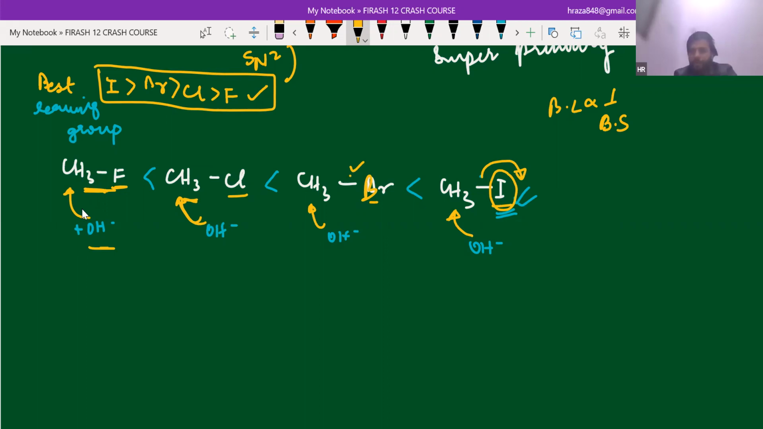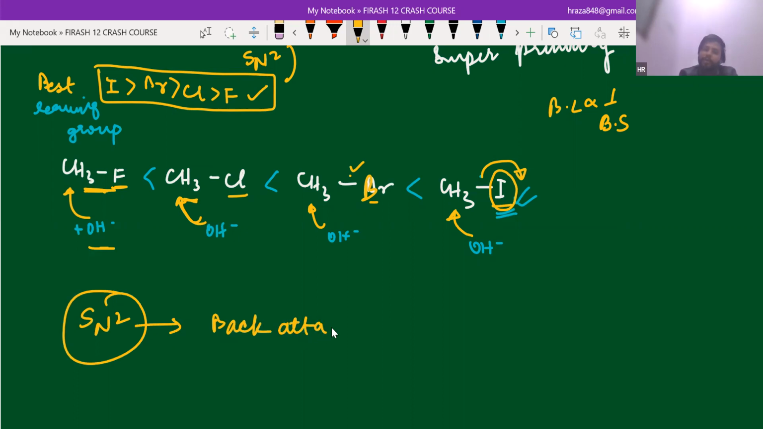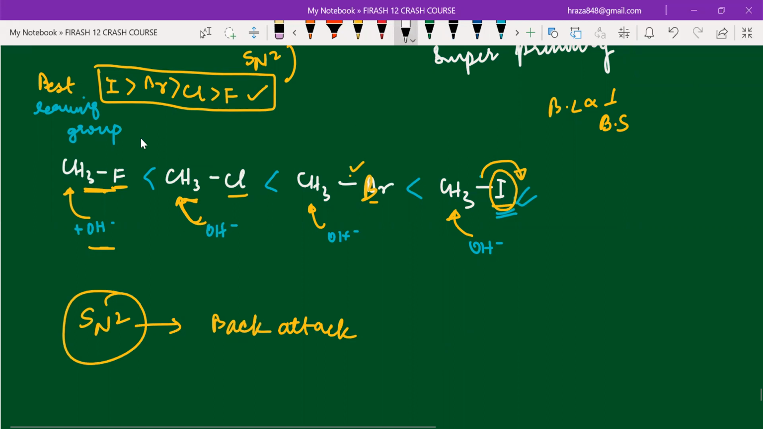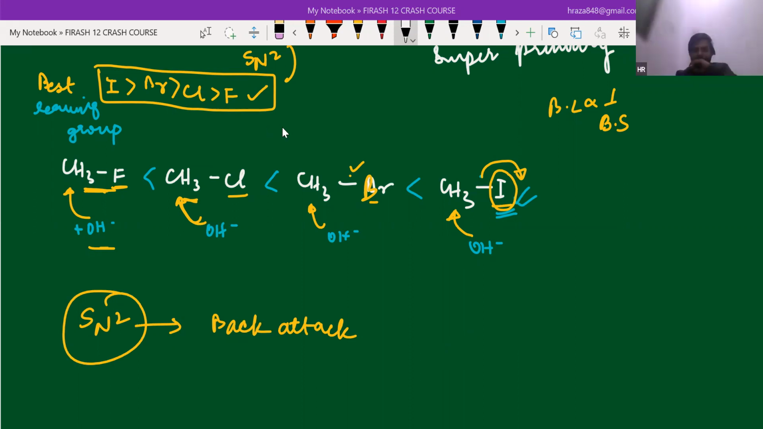So we have studied the SN2 single step reaction, and it is very important to note that in SN2 we do back attack. Do you know what this back attack means? If you are going to react this, you have studied chemical kinetics, right? Yes, sir. At the end of the chapter, when you studied collision frequency, there were